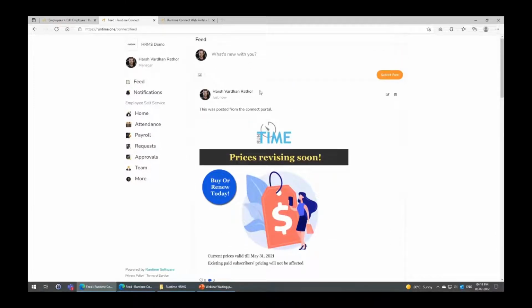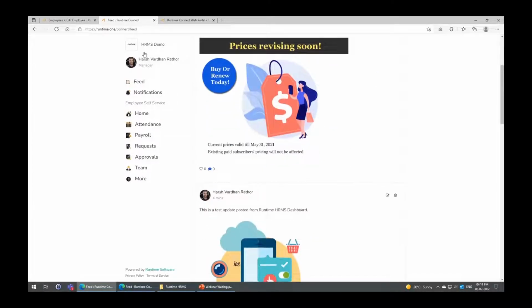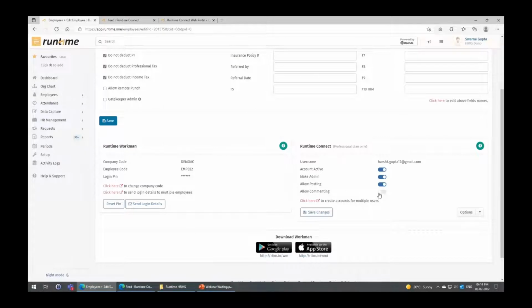Again, since this particular post was done by this user, even though he or she is not an administrator, they can still edit it and they can still delete it because it belongs to them. So whenever you allow posting rights to any user, they can still edit or delete their own post. Now we will move on to the last part, which is allow commenting. If I enable commenting and save changes,